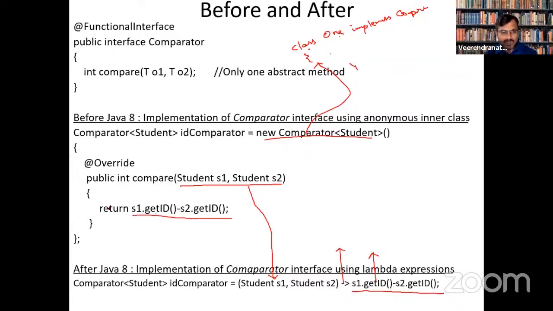So here, in the old way, I'm writing a return statement. Here there is no need to have any return, so this value will be returned directly. This is doing the same job as that. Literally, before Java 8 this was the thing that was happening, and after Java 8 this is the thing that is happening. It is not mandatory to use a Lambda expression, so you can go the traditional way as well. There is not a big issue, but literally you are saving a lot of memory if you do this, since you are not creating a new object and all.